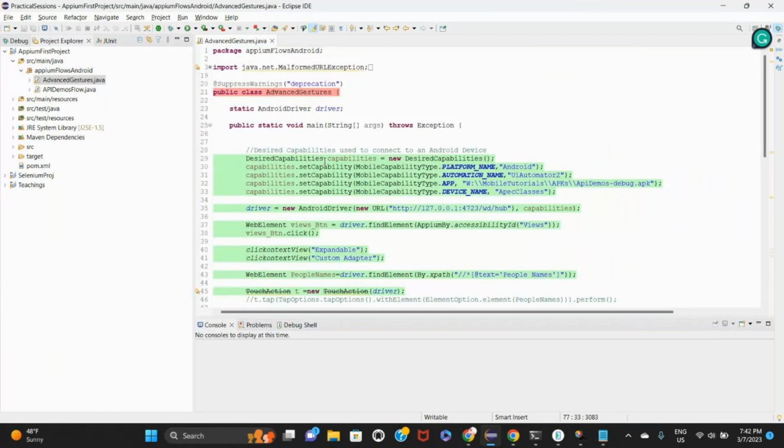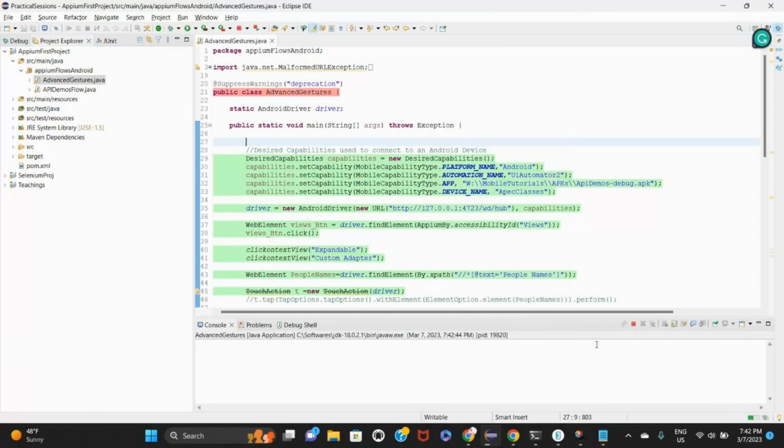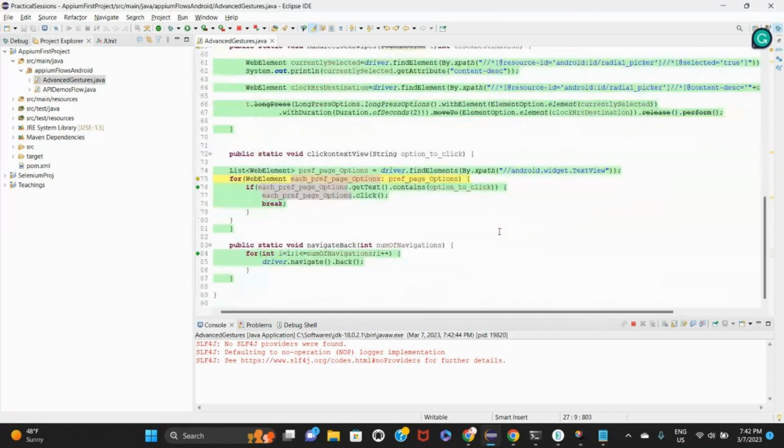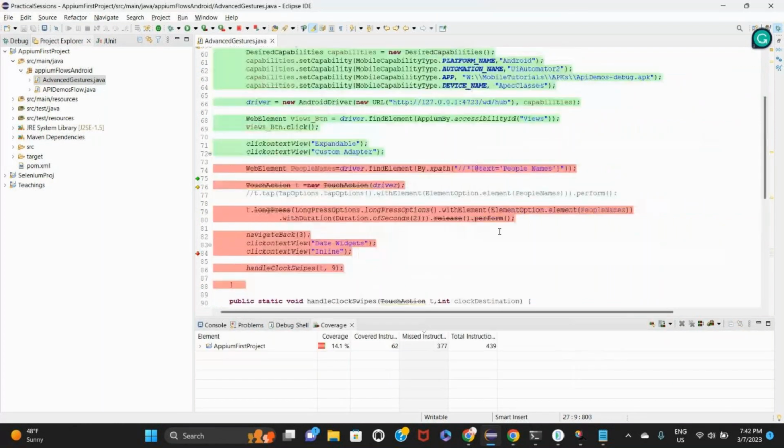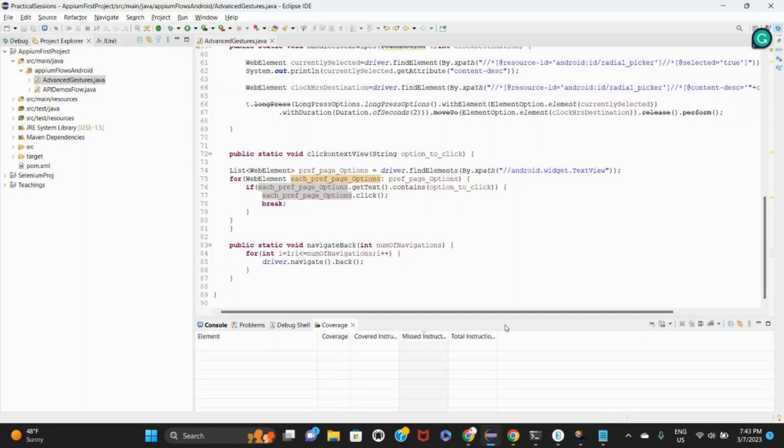Anyone know how to get rid of this? We ran it as coverage. To clear the coverage, we have some option. I forget that. All right, yes,